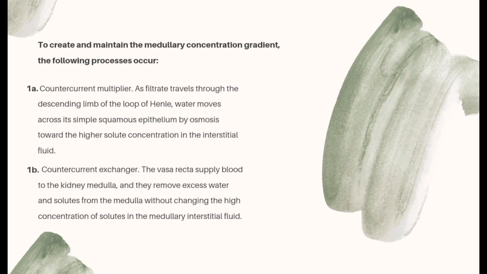The first, 1A, is the countercurrent multiplier. As filtrate travels through the descending limb of the loop of Henle, water moves across its simple squamous epithelium by osmosis toward a higher solute concentration in the interstitial fluid. This osmosis of water out of the filtrate causes the filtrate to become highly concentrated. Then, as the filtrate begins to move through the ascending limb, this increases the concentration of the interstitial